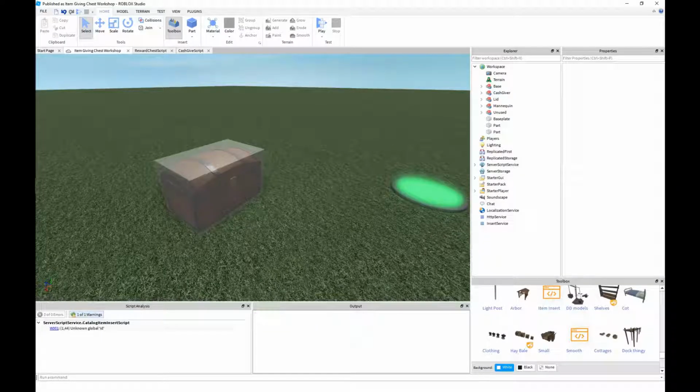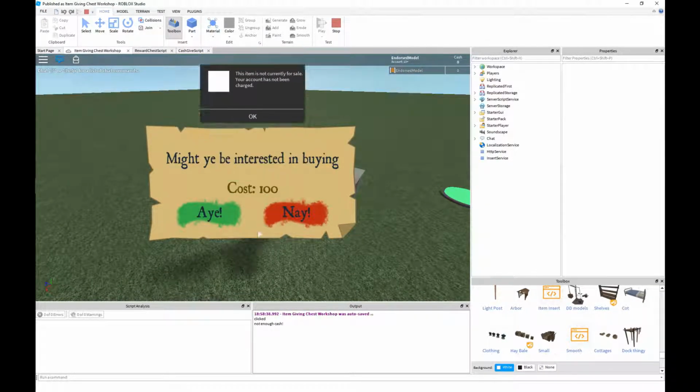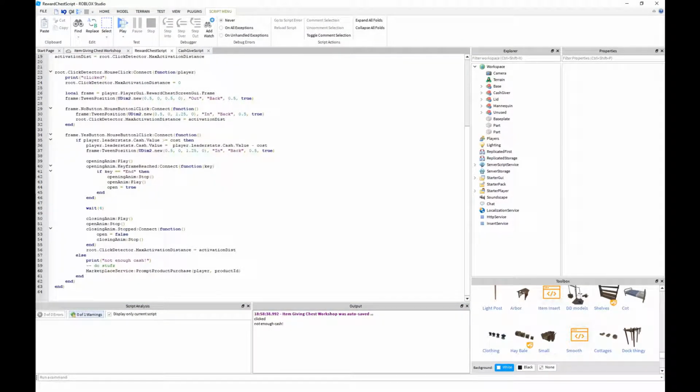So let's try this out. So click it, we'll say yes, and that's an old one that's not for sale, but it pops up, and that's what I wanted to check. So that's all good. And now we've got to go actually make our own